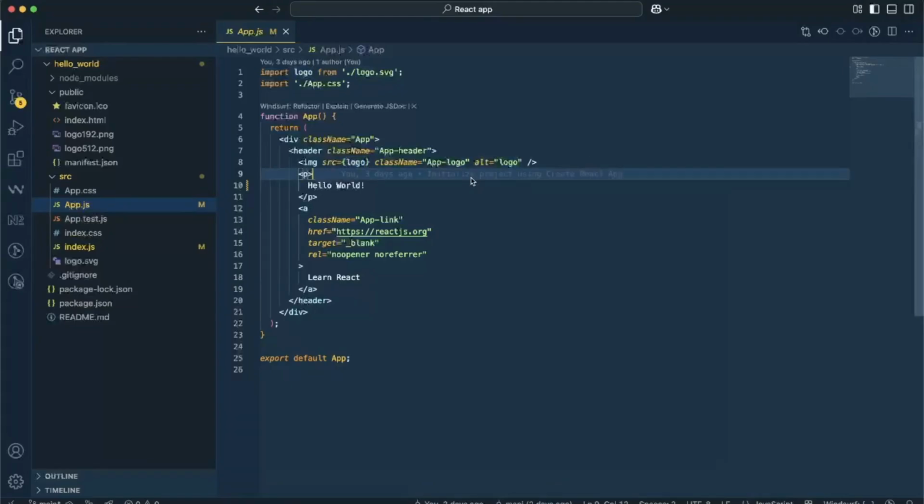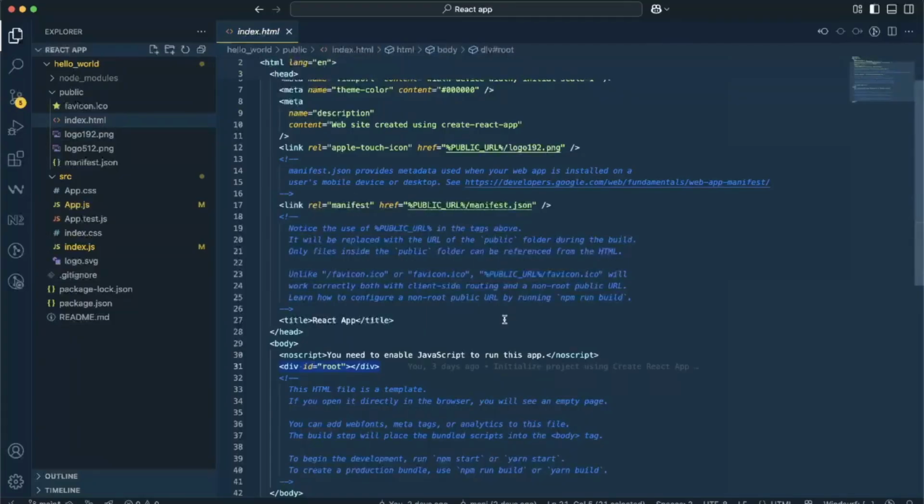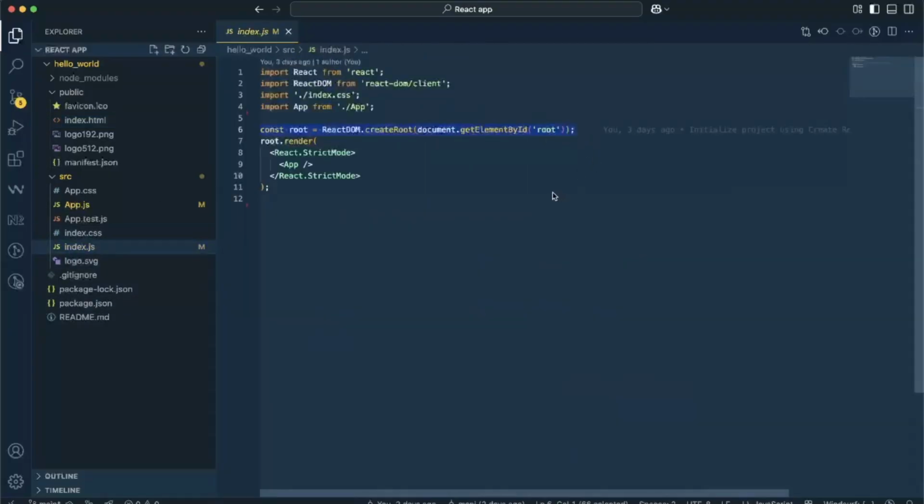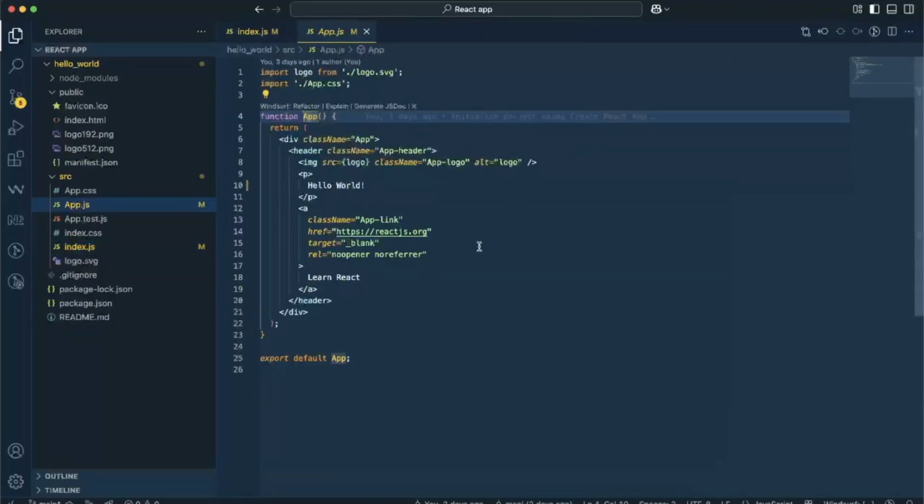So when you run the command yarn start, the index.html file is served in the browser. The index.html file contains the root DOM node. Next, control enters the index.js file. ReactDOM renders the App component present over here in the root DOM node. The App component contains the HTML, which is ultimately displayed in the browser. So this is how the workflow goes.